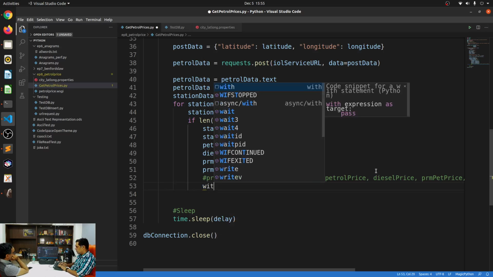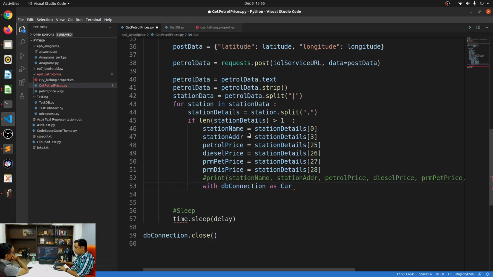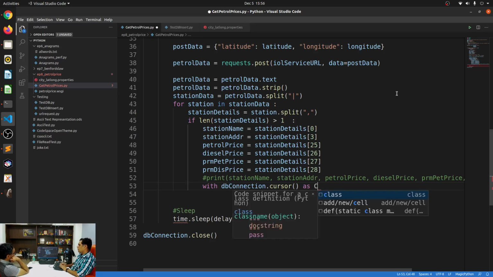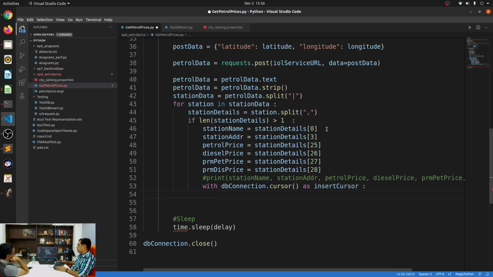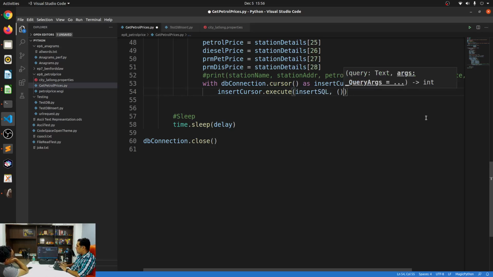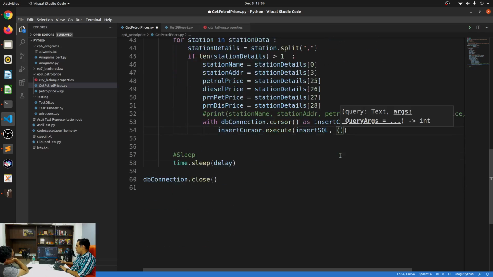Let's say with DB connection, as I essentially want to work with the cursor, right? I'm just going to look up my previous script. So it's db connection.cursor as insert cursor dot execute what? Execute this insert SQL, comma, you give the values that need to go here. Alright, so the values in order are city, station name, station address. So that's the city, which is essentially this, comma, station name, comma, station address,